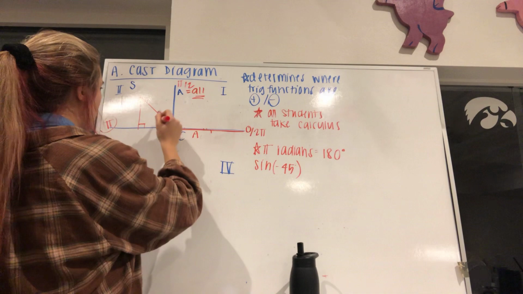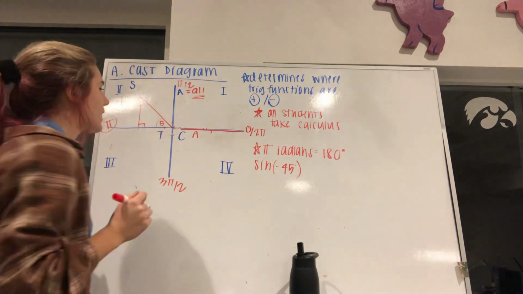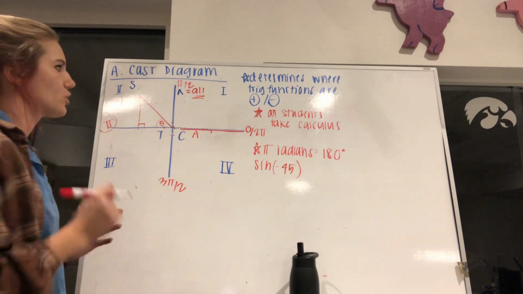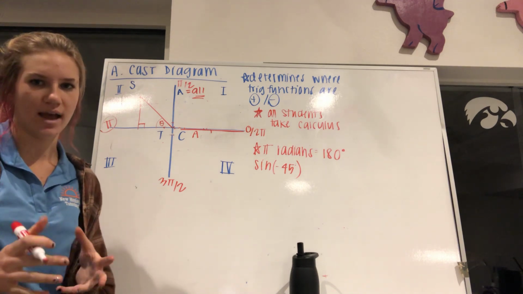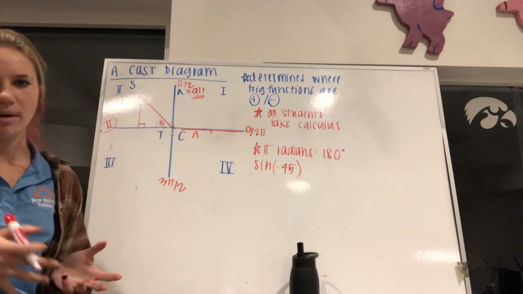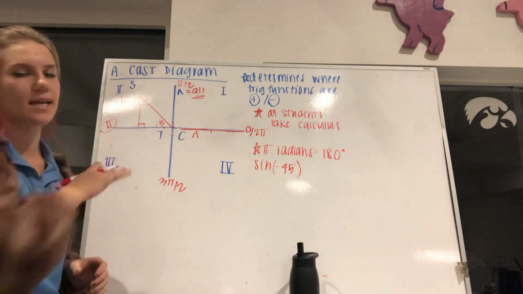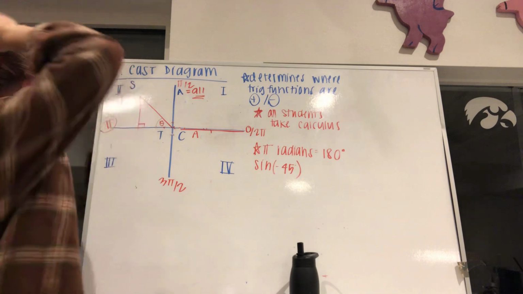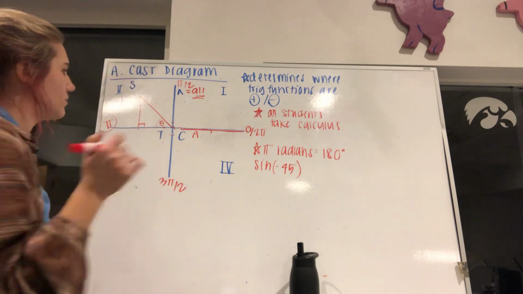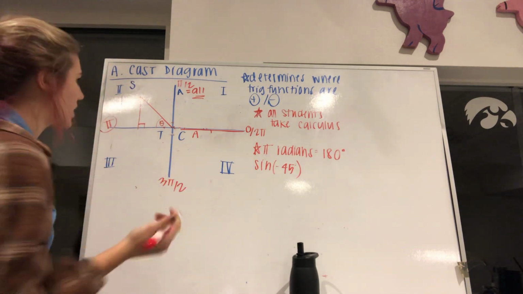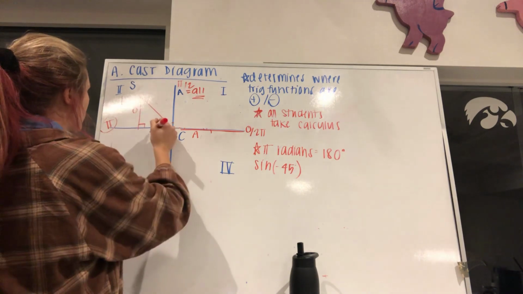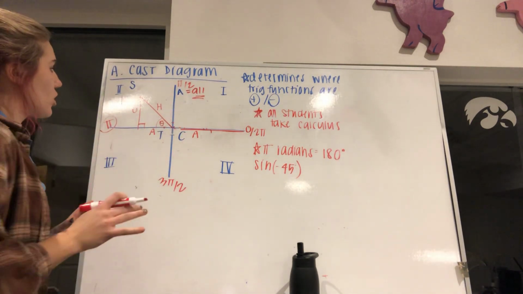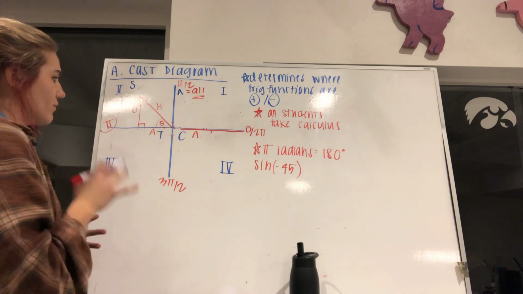Okay, so now we're moving along to the second quadrant. Again, just trying to figure out why certain trig functions are positive and negative, and we kind of have to do a little bit of memorizing, but the All Students Take Calculus acronym kind of helps with that a little bit. So we drew our example triangle. Now, just like last time, I'm going to go ahead and label it. So we have our opposite, adjacent, hypotenuse,